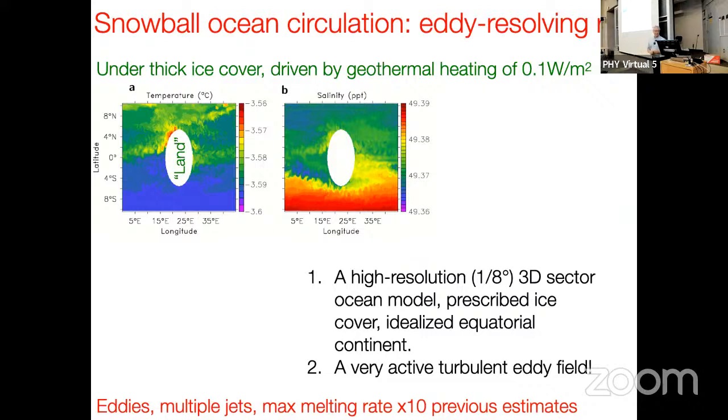Yeah. Okay. So in the three-dimensional version, this is a spherical land mass that we put at the center here so that it won't be an aquaplanet, because there were continents even in the case of snowballs. It's obviously super idealized and we're only showing the equatorial section from these integrations. So this is our land and you see that the temperature is super turbulent, right? Even though the only forcing is like 0.1 watts per meter squared from the bottom and a bit of flux from the top through a whole kilometer of ice, which is very insulating, the ocean ends up being very turbulent, and the salinity also shows this turbulence.